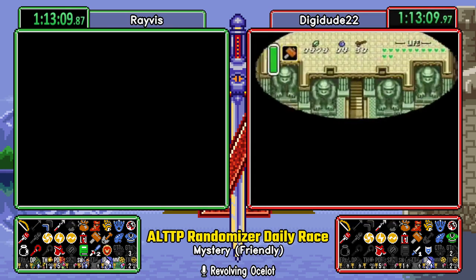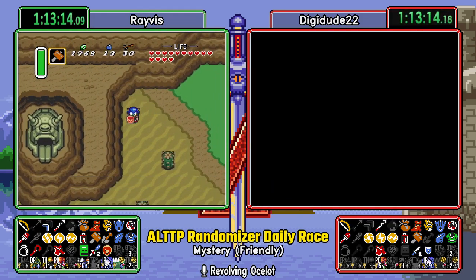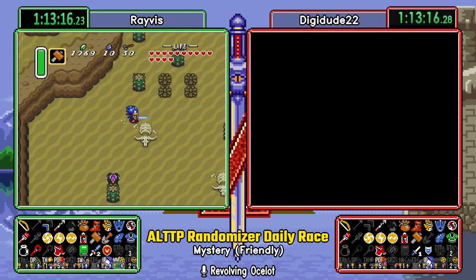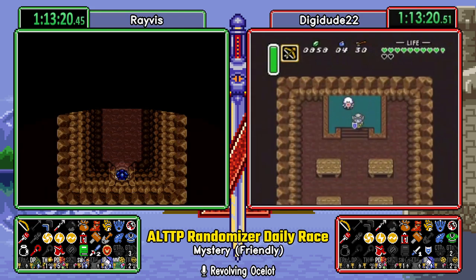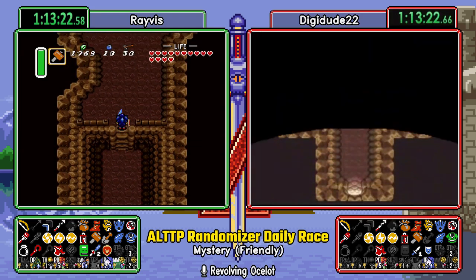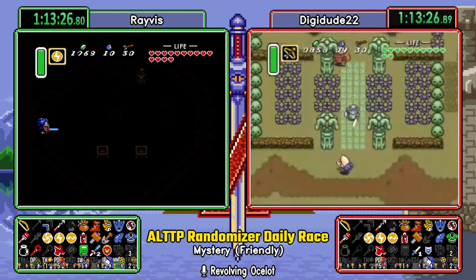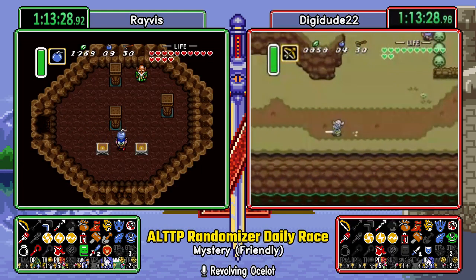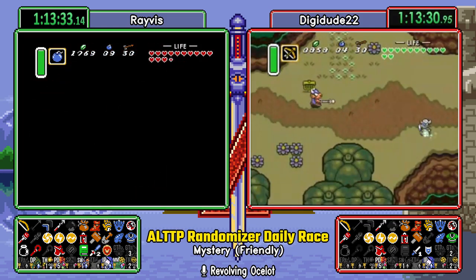Yeah, our runners were kind of hurting for health in the initial part of the race. We got our Dark World access pretty quickly with the gloves, hammer, and moon pearl, which I think was on the pyramid. But they were lacking a lot of health until then, and all the health has kind of come in the Light World here. But we saw that there was a blue mail on the lumberjack way before access to the Light World,